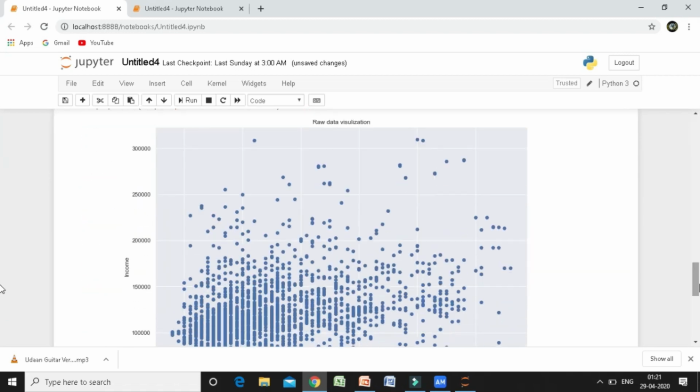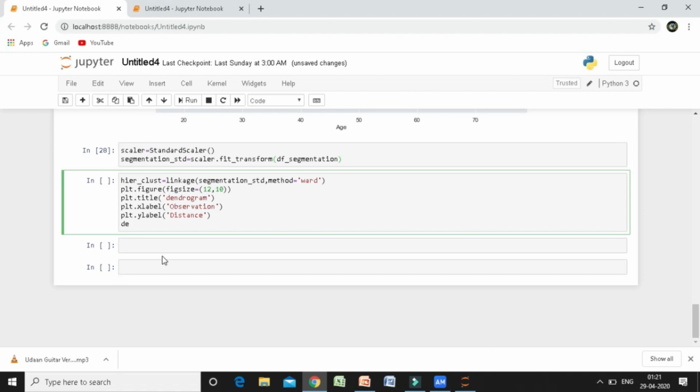So this function also we have already imported. Now let's go again at the bottom. Dendrogram. Do not forget that R in dendrogram. Now within this you have to give this as your argument, because this will be plotting your segmented data, right? So you have to give your segmented data inside, hier underscore plus.